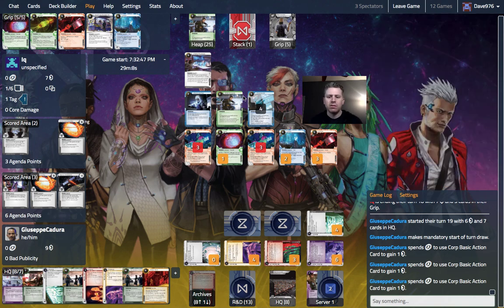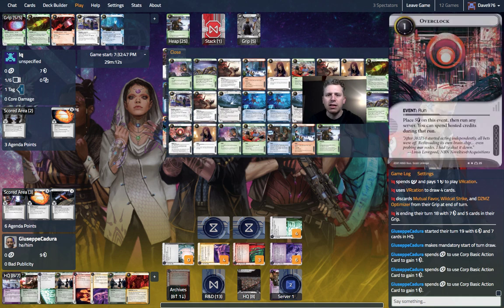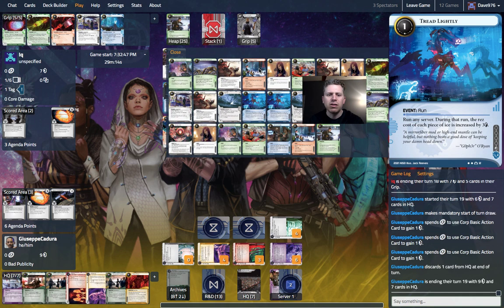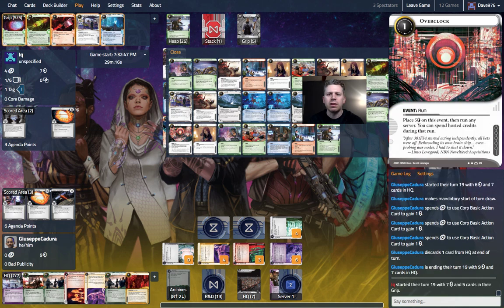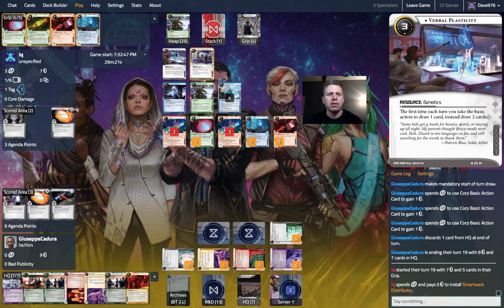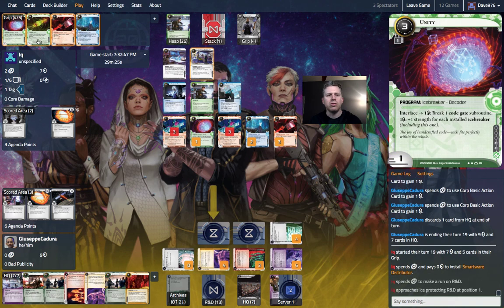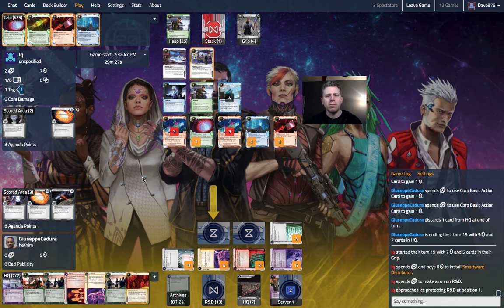Now, one thing that's important is to look at the heat. There's a retribution on the table, and you want to see if your opponent has thrown out any breakers. They haven't, other than Mayfly. Like, these cards here cannot be trashed. Unity, Cleaver, and Carmen must stay here. Now, continuing that R&D lock,